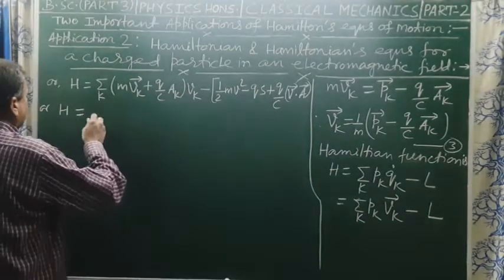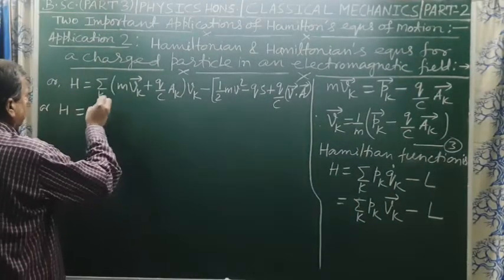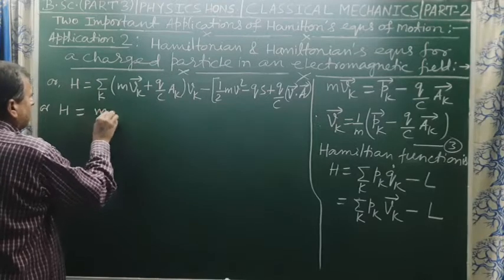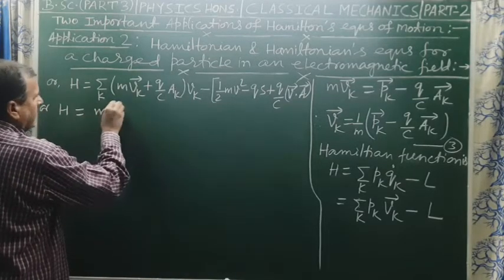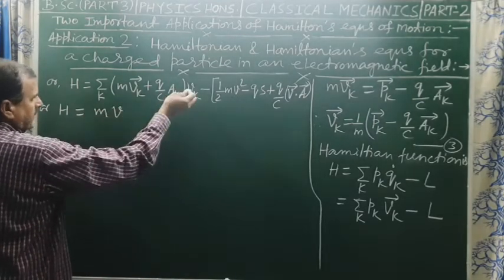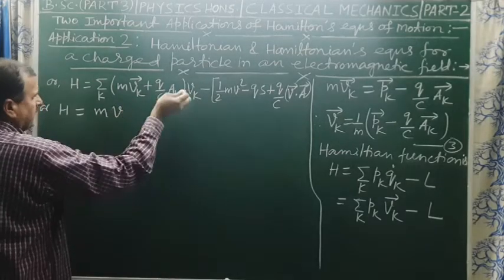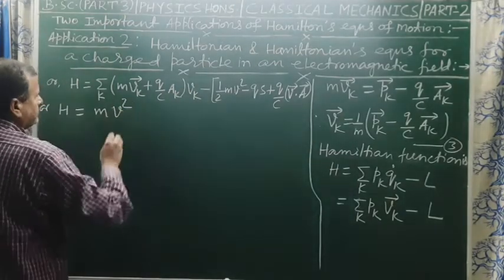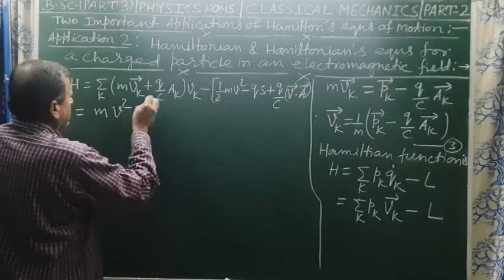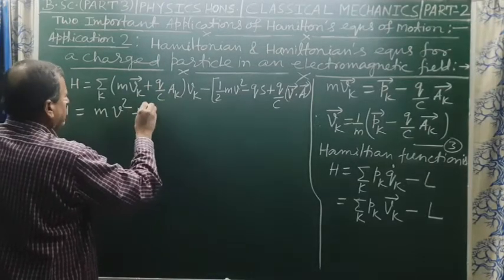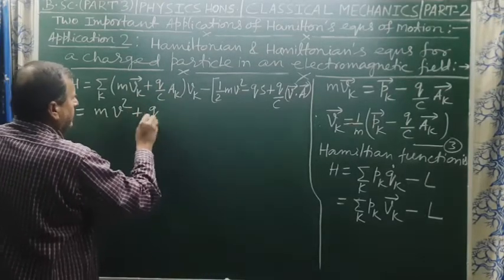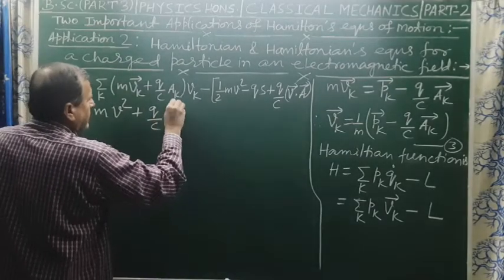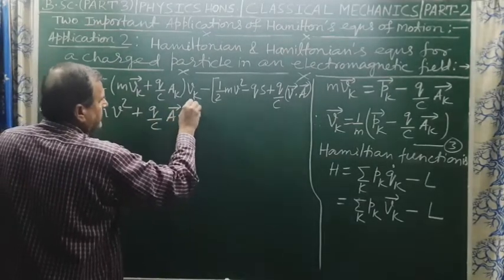So using Einstein summation rule we have m vk into vk, that is m vk squared, that is m v squared, plus q by c ak vk,